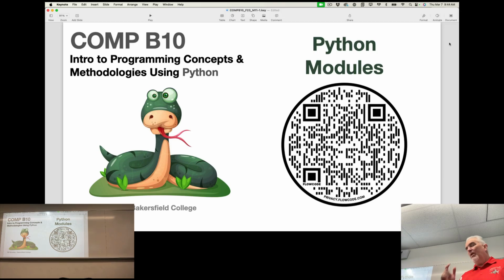So today we're going to talk about Python modules. And while Python modules is a big deal in the sense that Python modules is what makes Python, or one of the things that makes Python so incredibly cool and useful, because it allows Python to do pretty much anything you want it to. Even stuff that you can't do only in Python can be done with Python using modules,